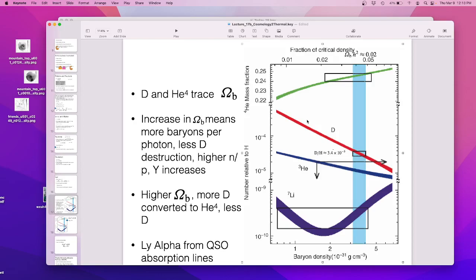The lithium density doesn't really look like it lines up here very well. Maybe it does, but maybe it doesn't. The lithium density is actually a lot lower now than what we think it should be. This is called the lithium problem, and some people over in the nuclear group are working on this. There's not enough lithium, and we don't know why. Lithium doesn't jibe with Big Bang nucleosynthesis very well. It's really easy to destroy, so it's not a huge problem. It doesn't undo all of Big Bang nucleosynthesis, but it is a shortcoming.